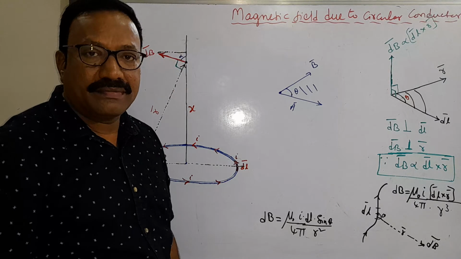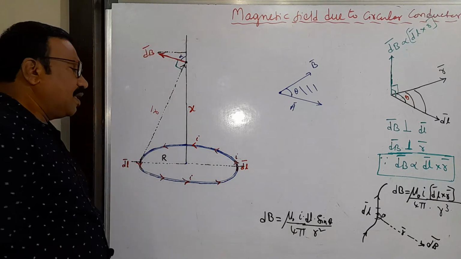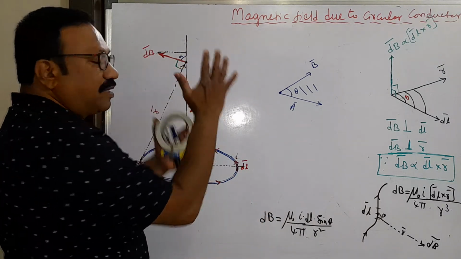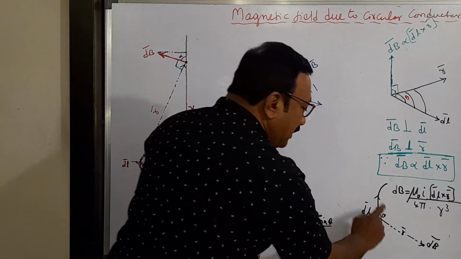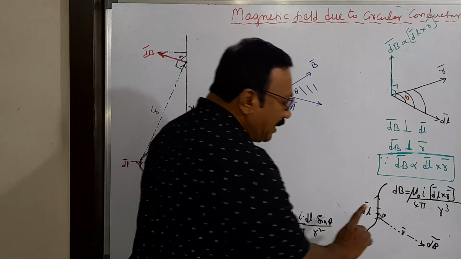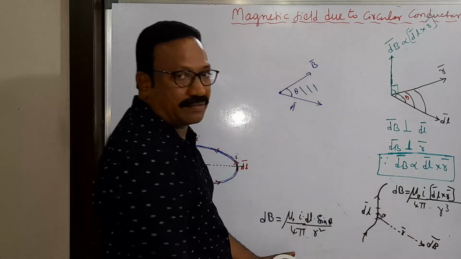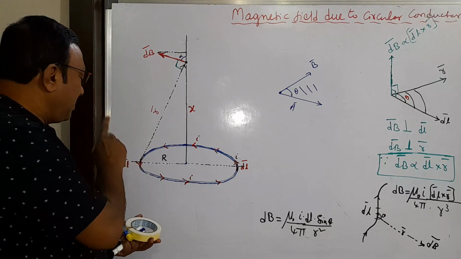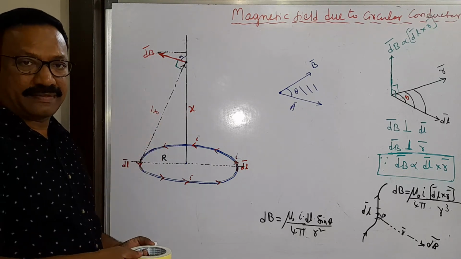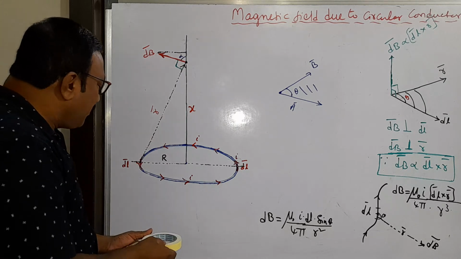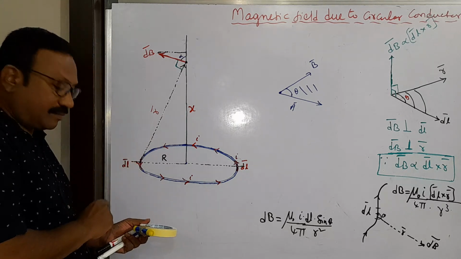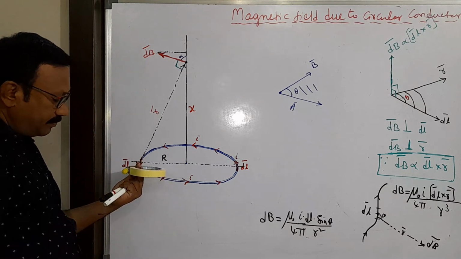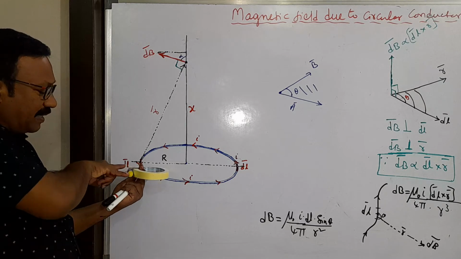In the same manner, fine. I want this theta now. Then I'll write the formula. What is this theta? This theta is the angle between dl bar and r bar. Where is dl bar? Where is r bar? What is the angle between dl bar and r bar? Let us discuss. See, here I am taking, this is dl bar. So dl bar is coming out, like this. So this is taken as dl bar here.